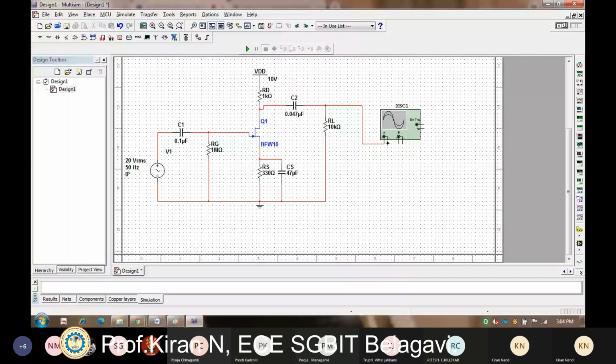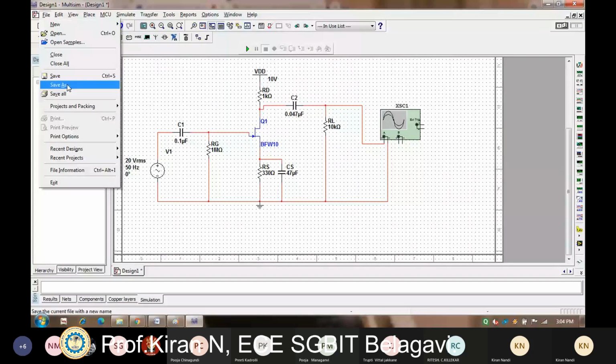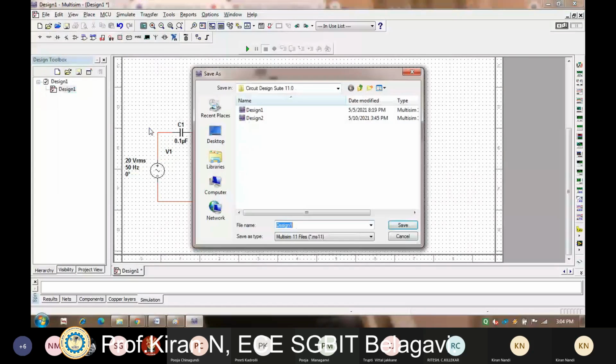So once you do this, then go to the save option. If you are saving it for the first time, you can save it by any name, whatever name you want. So I'll go for save as.